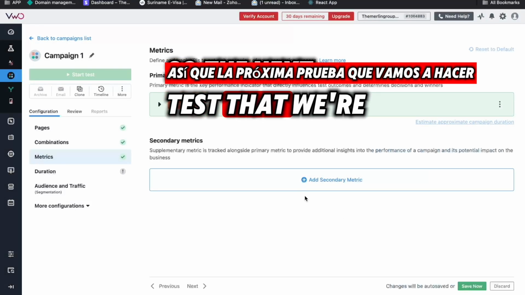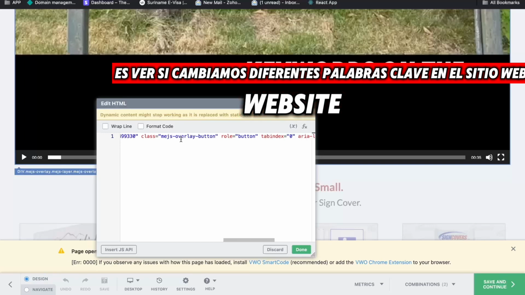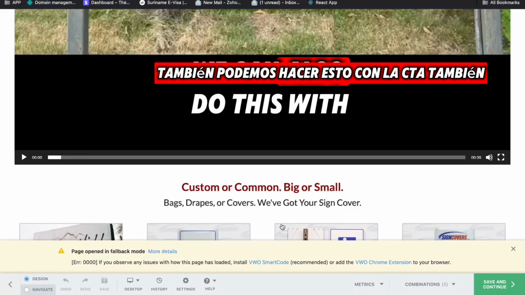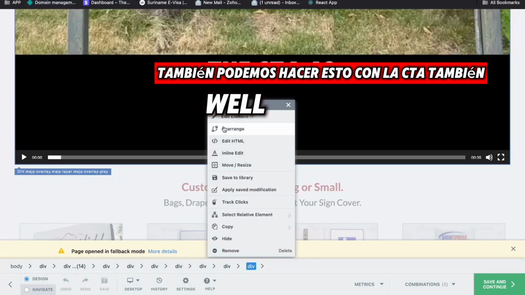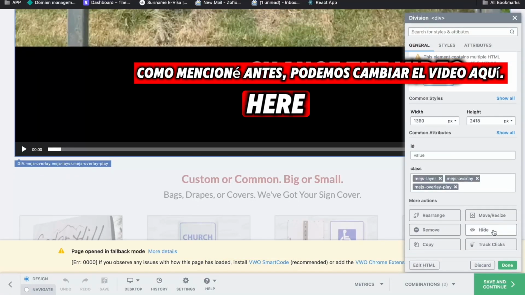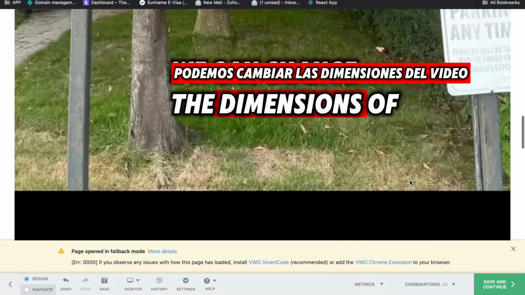So the next test that we're going to do is see if we change different keywords on the website to indicate if there's a higher chance that they'll add to cart. We can also do this with a CTA as well. Like I mentioned earlier, we can change the video here. We can add a different video. We can get rid of that video. We can change the dimensions of the video